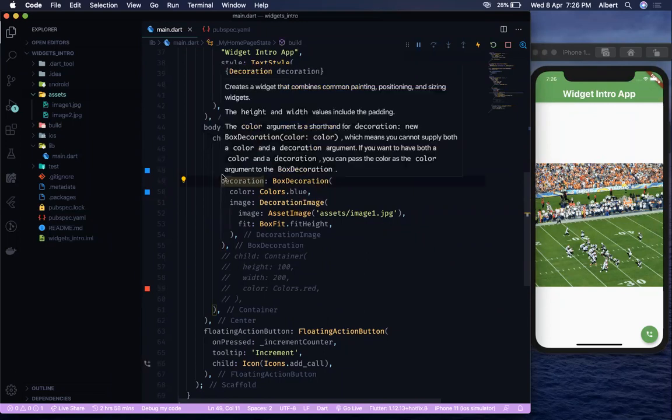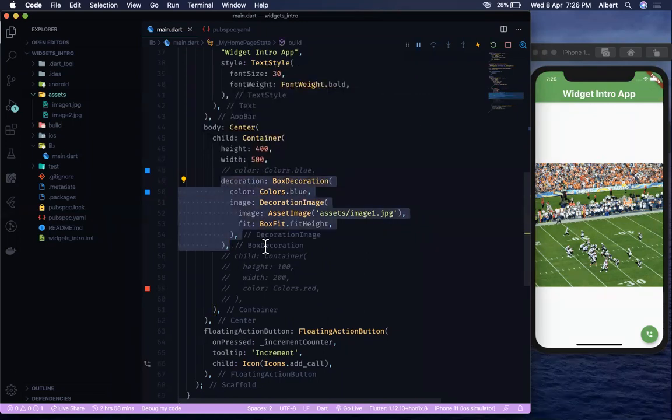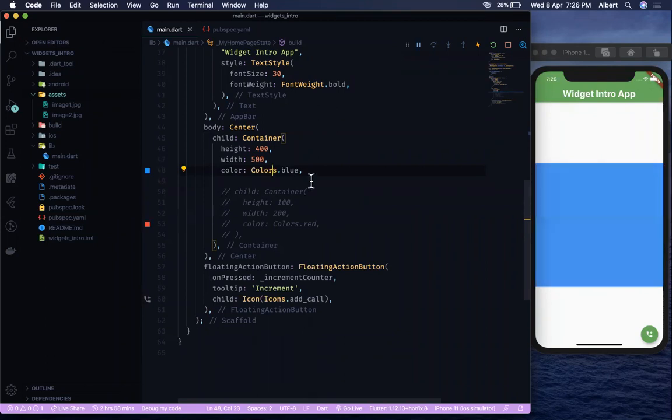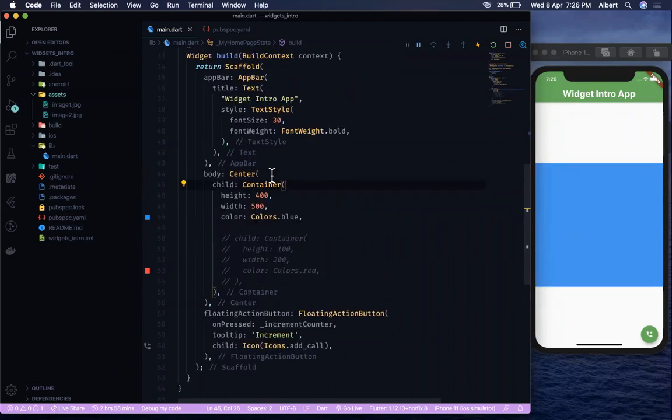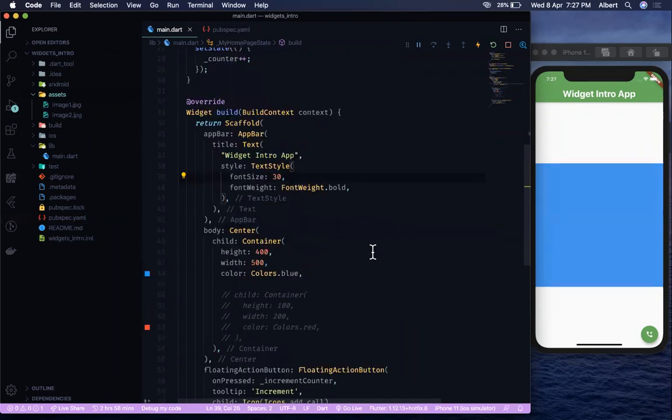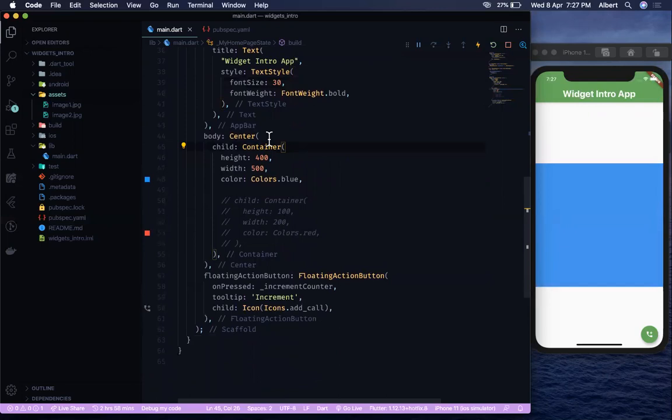Let me remove this decoration. Just gonna. Okay. So now, so yeah, back to